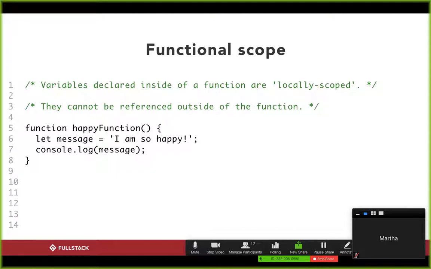That means the happy function's scope starts on line 5 and it ends on line 8 because there we see the closing curly brace for happy function's opening curly brace. Okay. One really key thing to know about scope is whenever a scope is created,